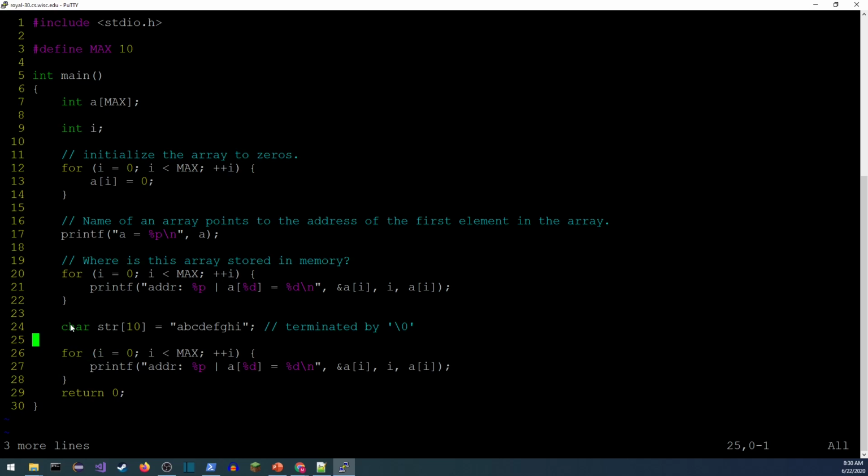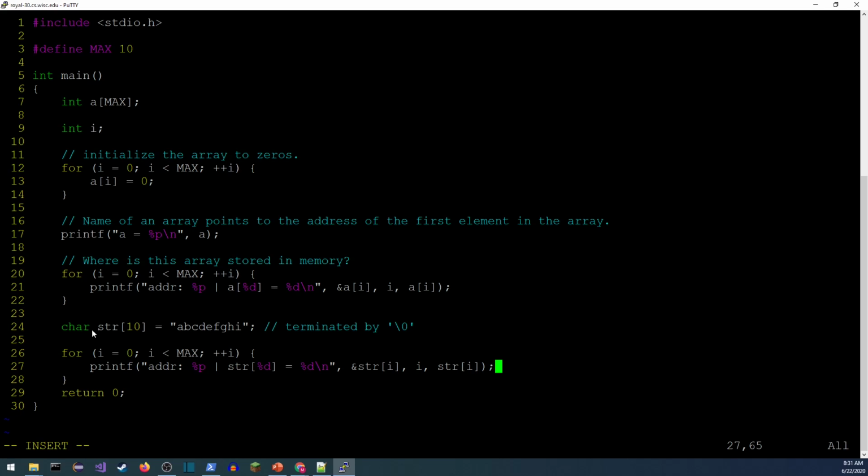So my max is 10. I still have 10 right there. I'm not going to change max. Printf, I'm going to grab an address of str. Yep, and then I'm printing out the value. So in this case, I don't want A, I want str. I is fine, str. So this is going to go through, and it's going to print the